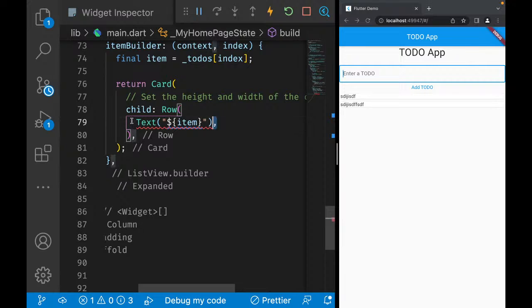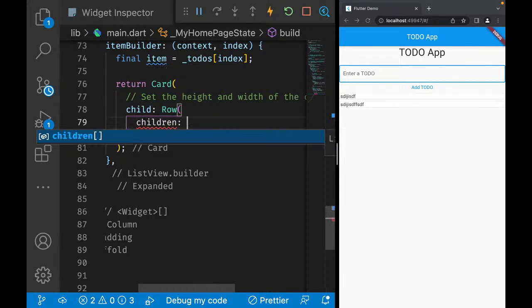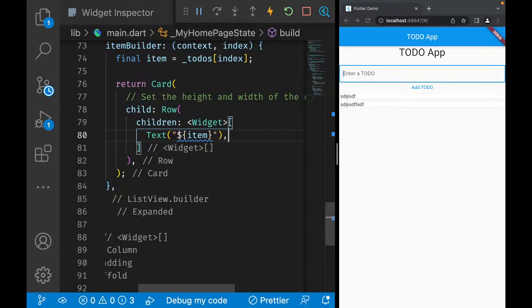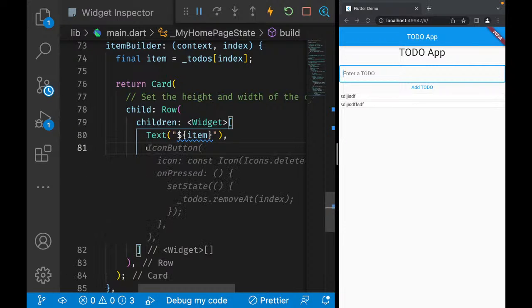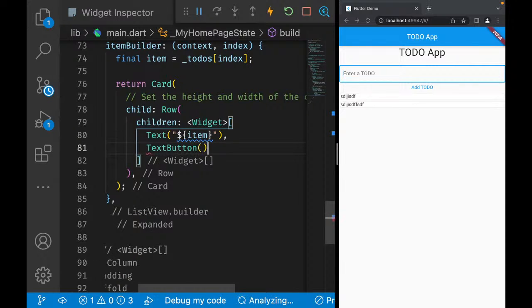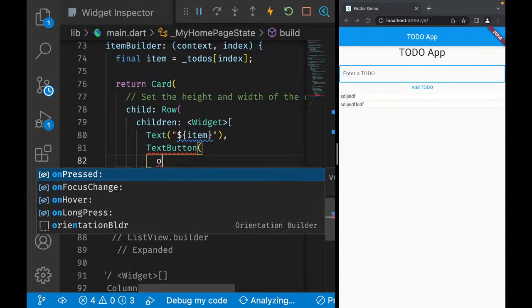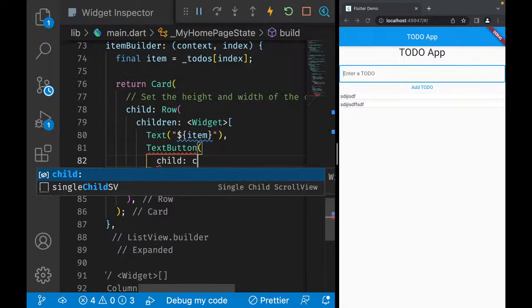Oh, oops. I gotta add the children. Widget text, and we can also add a text button that says something like "which one". I'm just gonna add a child of const Text